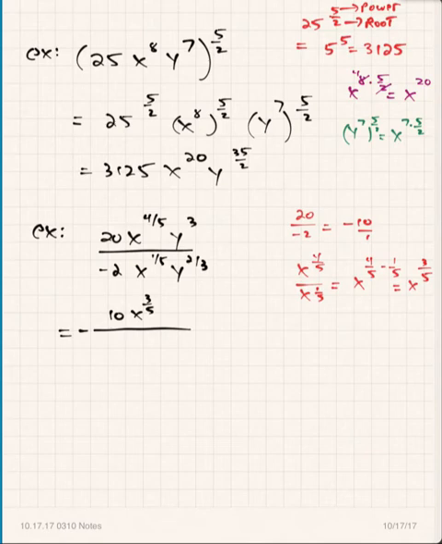Now, the other way to look at that, Michelle, and this is just as easy to look at it this way, is where's the bigger exponent? Is the bigger exponent in the top or the bottom? Okay. Yeah, and you just put the x wherever the bigger exponent is. So,